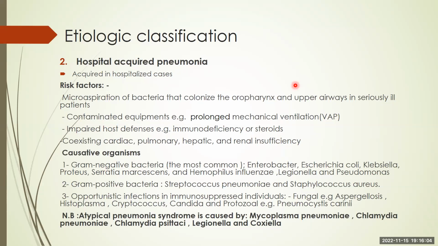Okay, so for the hospital-acquired pneumonia, it's acquired in hospitalized cases, and the risk factors include, for seriously ill patients, they can aspirate bacteria that colonize their oropharynx and the upper airways. Also, prolonged mechanical ventilation,